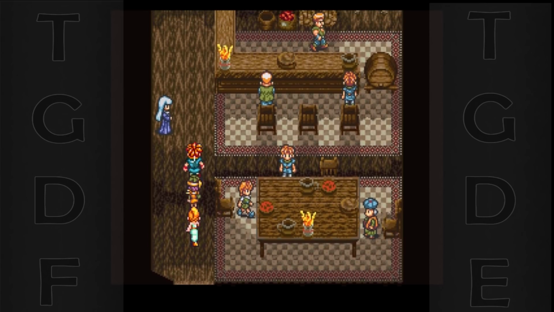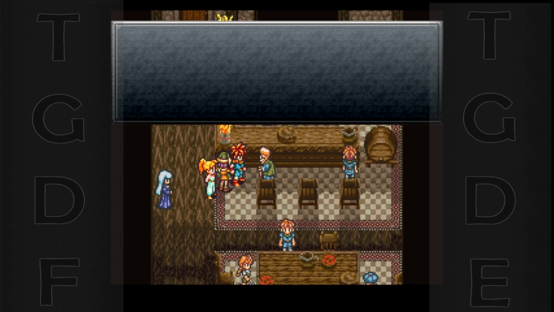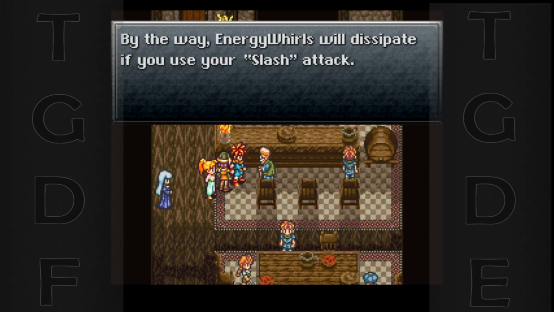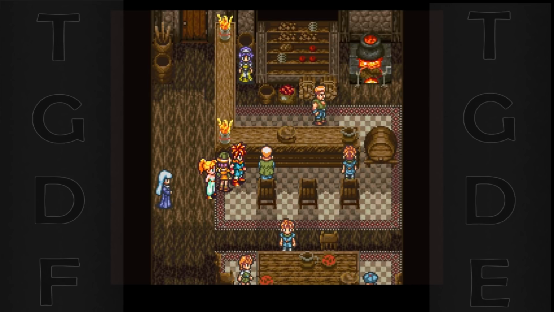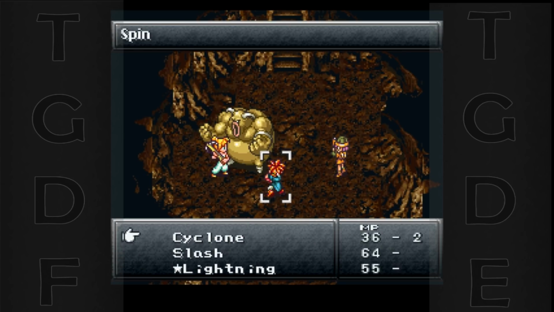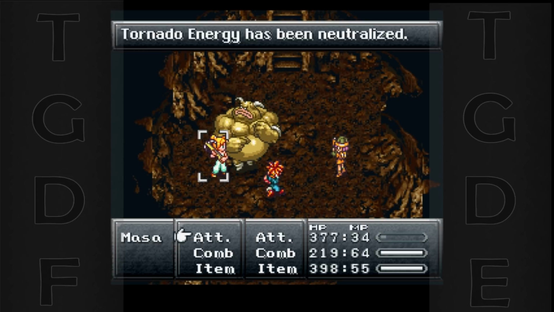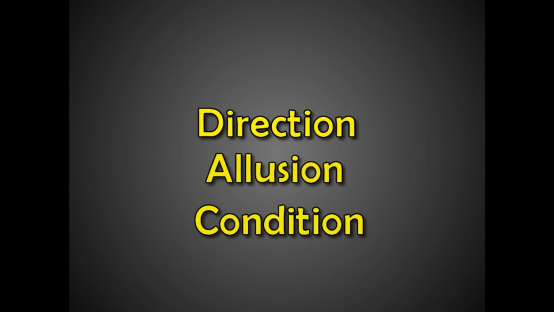For example, this NPC in Chrono Trigger explains that an upcoming boss's best attack can be cancelled if the player uses Chrono's slash ability. He doesn't actually come right out and say, "Hey Chrono, use your slash attack on the upcoming boss." That would be like slapping the player's face and shouting, "Hey, you're playing a video game." Instead, the NPC delivers that information in a way that makes sense for the world of the game. The relevant game design information is transmitted through a thin veil of irony. With that in mind, let's take a look at a few of the ways that designers communicate ironically through NPCs.